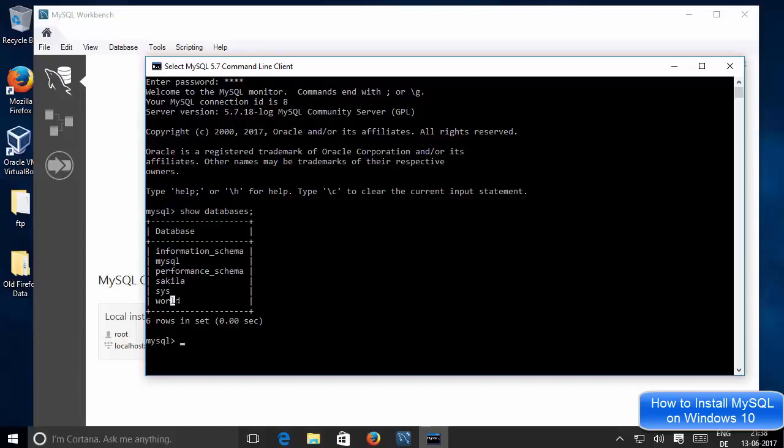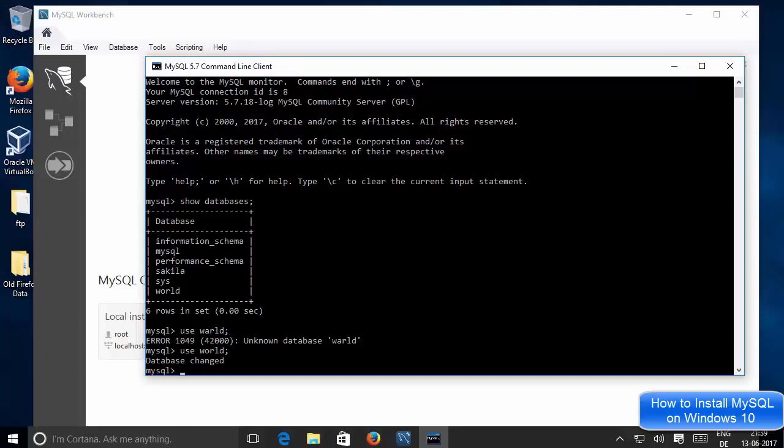So for example, I want to select some database. I will select this database called world. So to select this database, I will just use this command, use, and then the database name. So the database name I want to use is world here. Okay, and then the semicolon and then press enter, and it says unknown database. So I think, yeah, the spelling was wrong, so I just need to give world here, and you can see it says database changed.